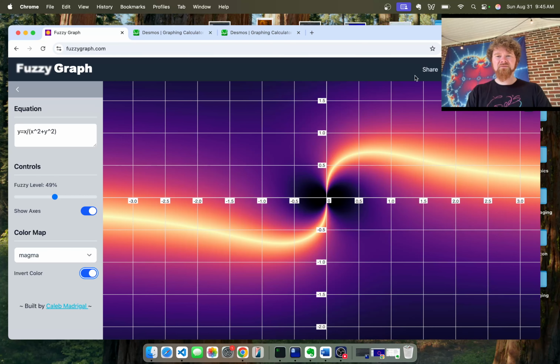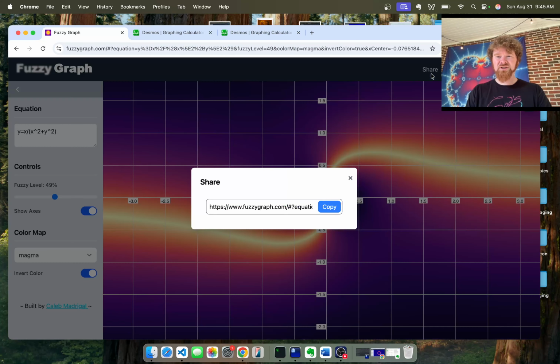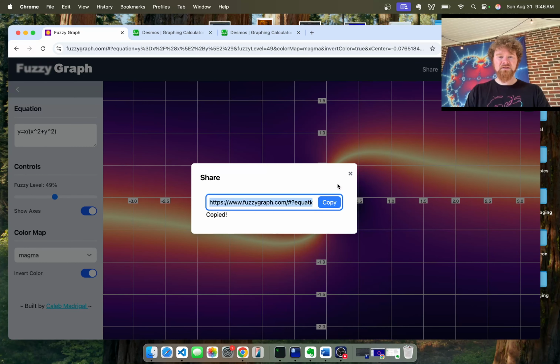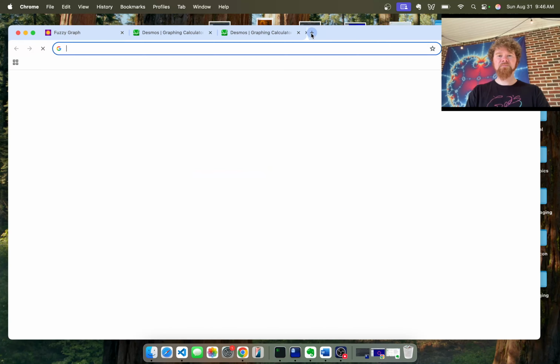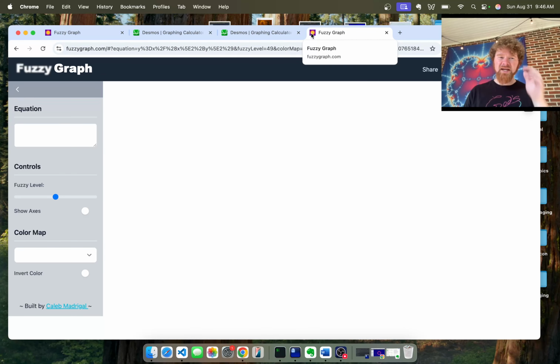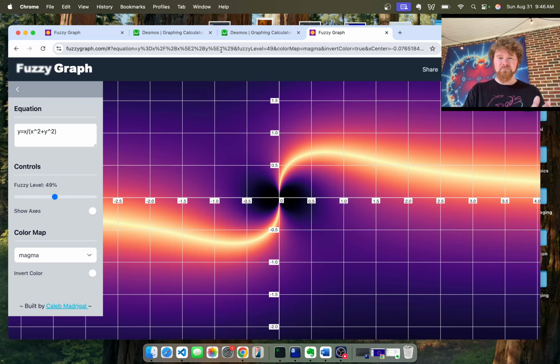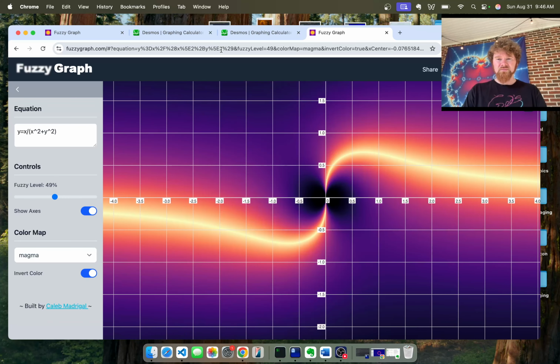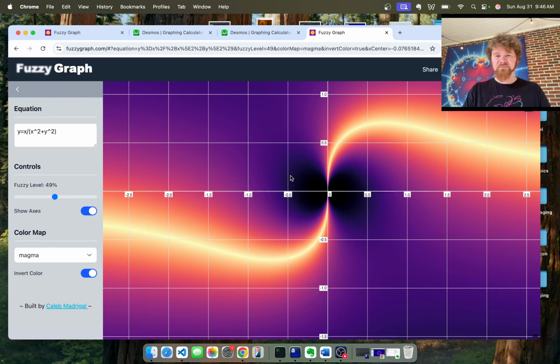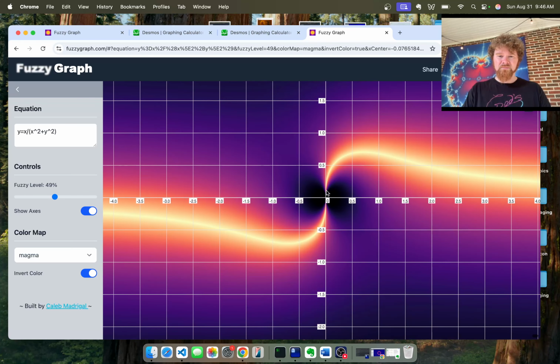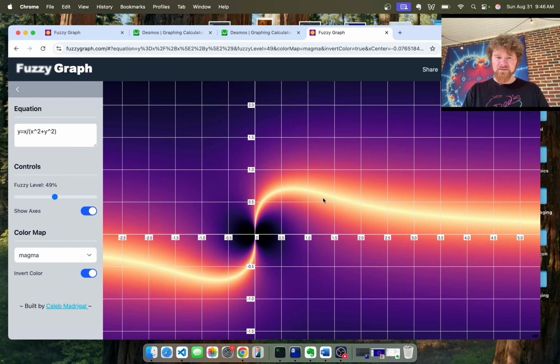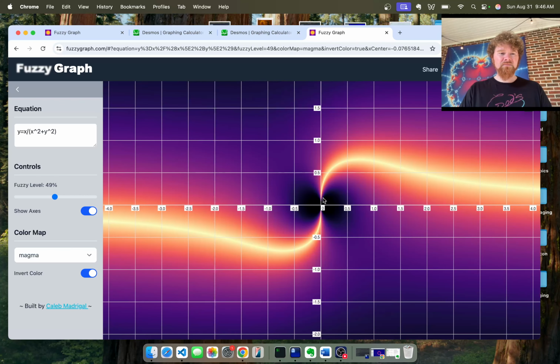So if you got a graph and you want to send it to someone, you can just click share, copy the URL, and then you can just paste that URL, and that URL basically contains all of your settings, even where you're zoomed at. You can zoom by clicking the plus button, zoom out by clicking the minus. You can drag to pan the graph, and this should work on all devices, by the way: iPhone, iPad, Android